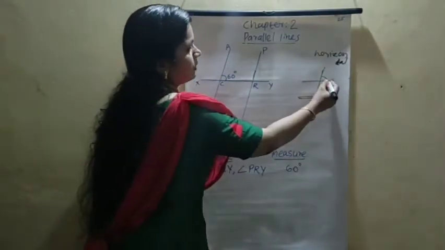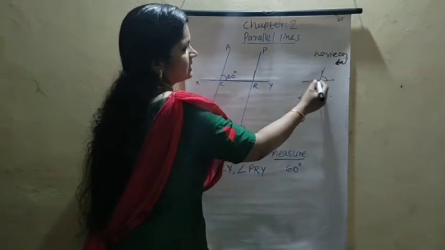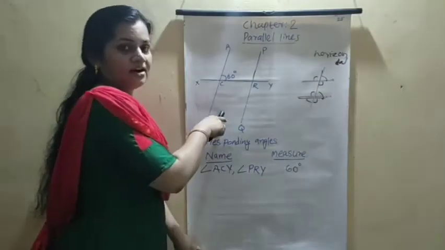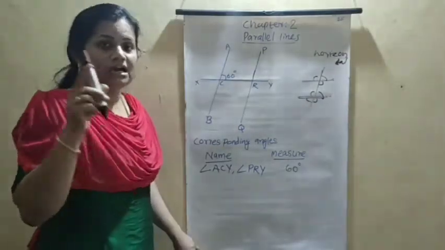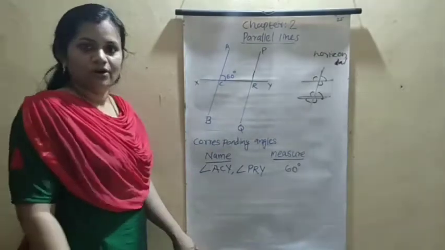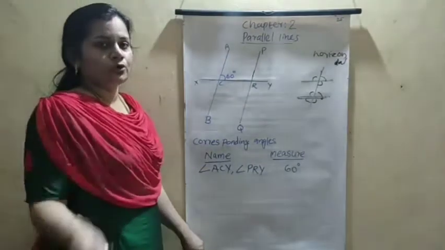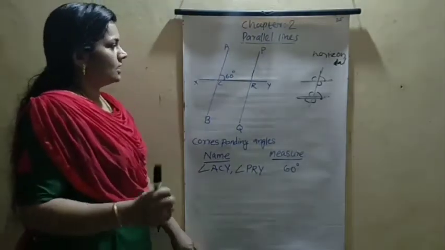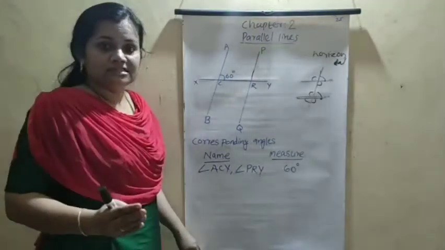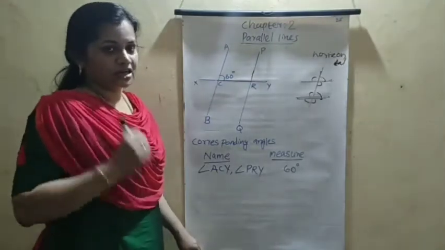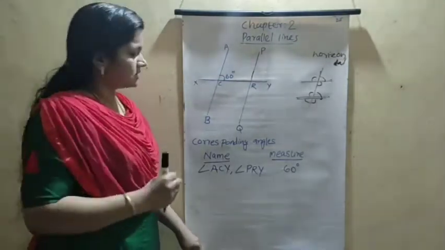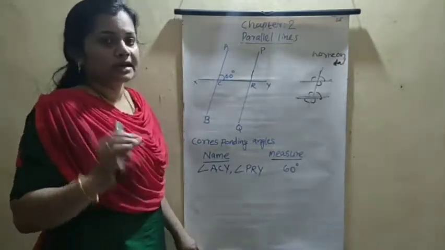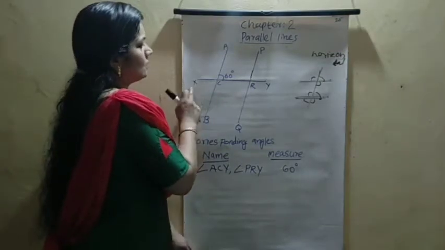Then these are the corresponding angles. We already studied corresponding angles. This is the vertical figure. Do you know the corresponding angles? You can find them easily in these figures also. I already told you, you should study the corresponding and alternate angles well. We know that corresponding angles make the same position. Also we know there are 4 pairs of corresponding angles in this figure.